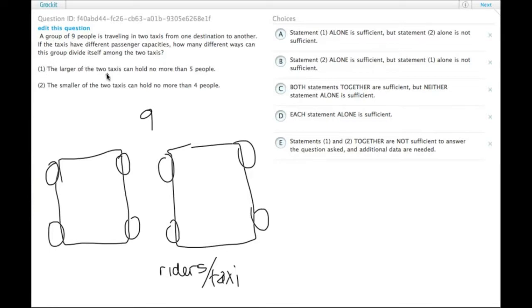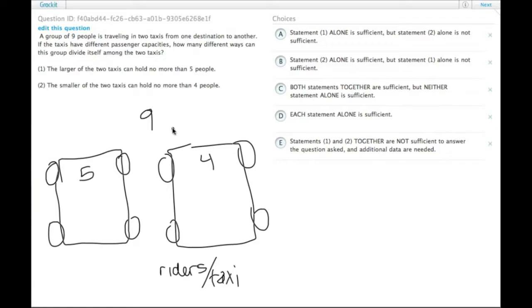Statement 1 tells us that the larger of the 2 taxis can hold no more than 5 people, so 5 is the max there. The problem actually said that they have different passenger capacities, so the smaller one is smaller and different. In order to be smaller and different, it has to have 4. I guess it could have 3, but then we wouldn't have enough room for all 9 people, so it has